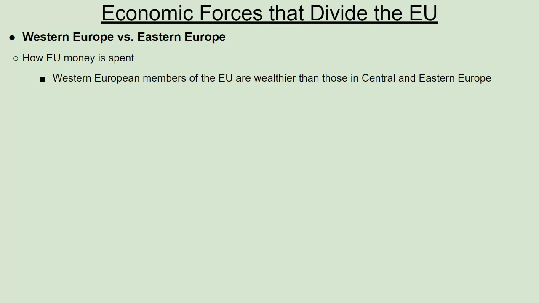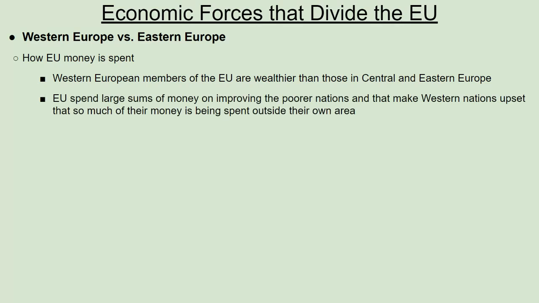So I'm talking about countries like Spain and France and Germany and the UK. They're a little bit more established, a little bit older, and they definitely have more wealth than some of the smaller Eastern and Central European countries. So the EU collects taxes, kind of like a government would, and they spend money across all European countries to do improvements. A lot of what the EU spends its money on goes towards some of the poor nations in the central and the eastern part of Europe.